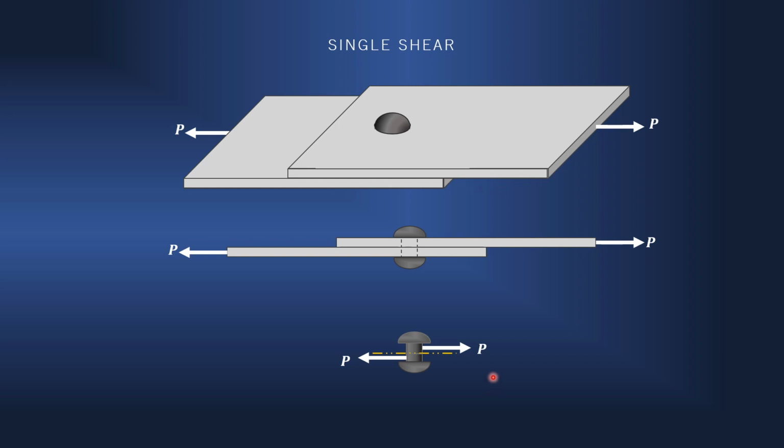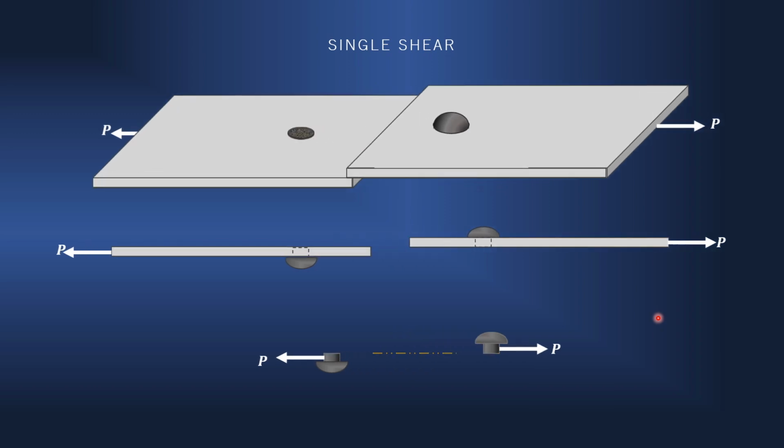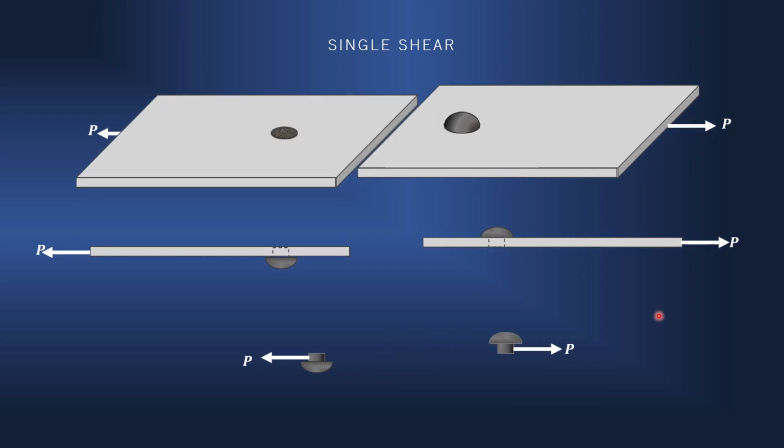Now if you go on increasing this force P and stress in the rivet exceeds the limit, if it reaches the shear strength of the material of the rivet, in that case this joint will fail because of failure of the rivet. And this is how, imagine this force P we are increasing gradually, and a stage comes that the joint breaks because of rivet failure. And this is how that joint breaks.